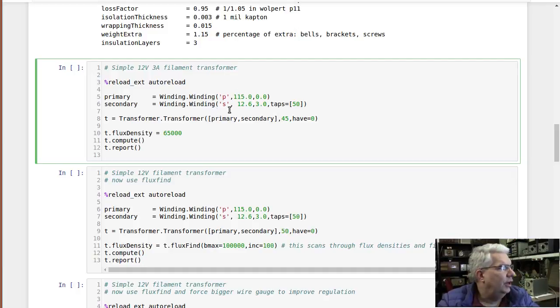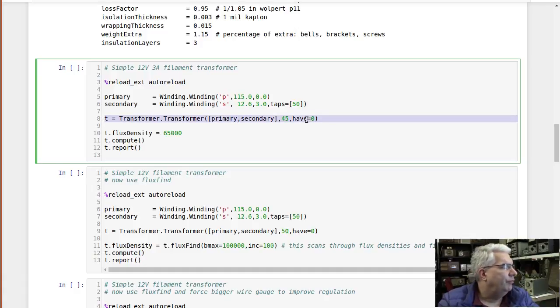It's for a 12.6 volt filament transformer at 3 amps. And so my primary voltage is 115 volts, and I specify down here this P is for primary, the S is for secondary, 12.6 is the voltage that I desire, and I want 3 amps out of this, and it's got a tap at 50%. Then I build my transformer object here,